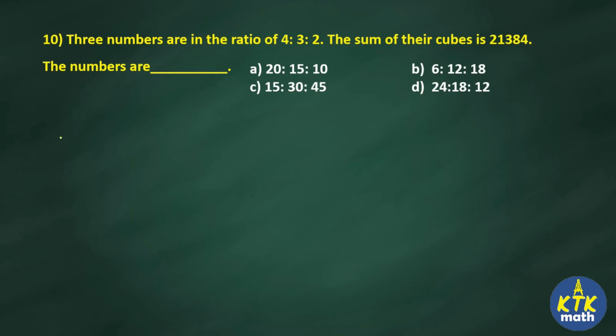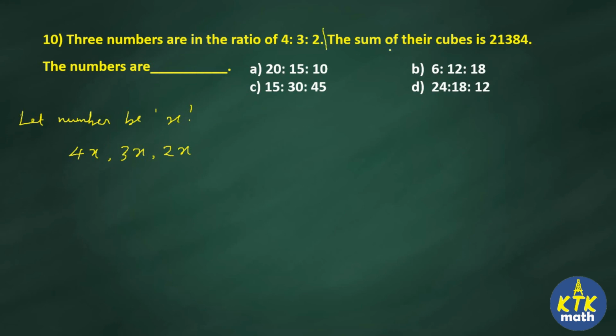Okay, so what I'm going to do is assume the number as some x. Let the number be x, then the first number is going to be 4x, the second number is going to be 3x, and the last number is going to be 2x. This is what they gave in the question: three numbers are in the ratio 4 is to 3 is to 2. It is nothing but 4 times, 3 times, 2 times. Time is nothing but the product of the variable, so 4x, 3x and 2x. This is the first statement.